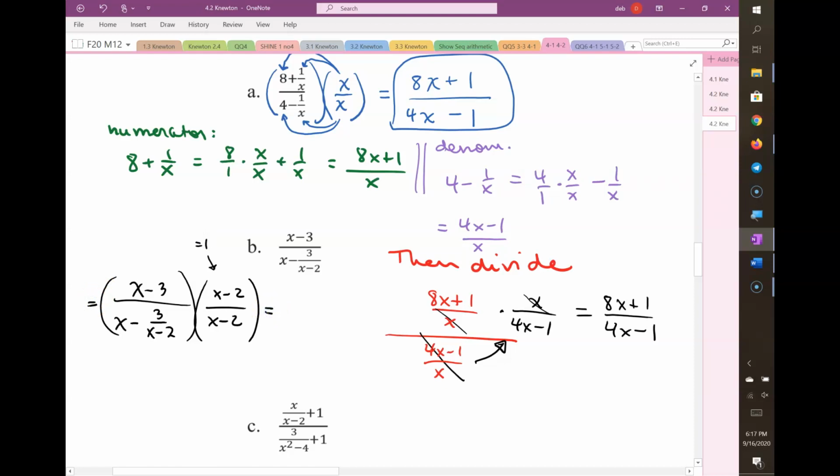So in my numerator, if I FOIL that out, I'm going to get x squared minus 5x plus 6. And then I'm going to distribute x minus 2 to x. And then x minus 2 to negative 3 over x minus 2. That's going to give me negative 3. That's minus